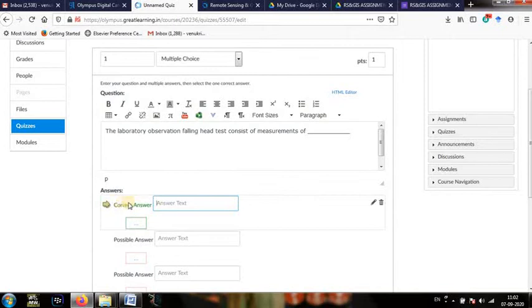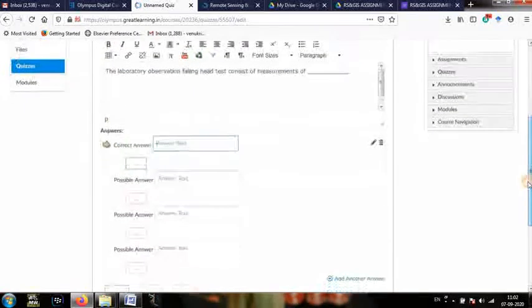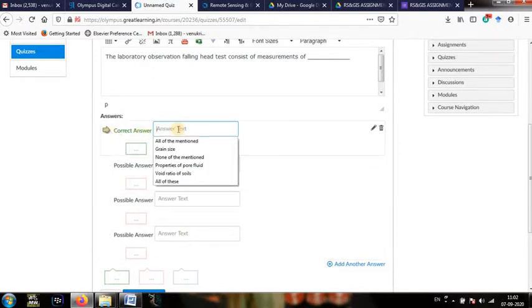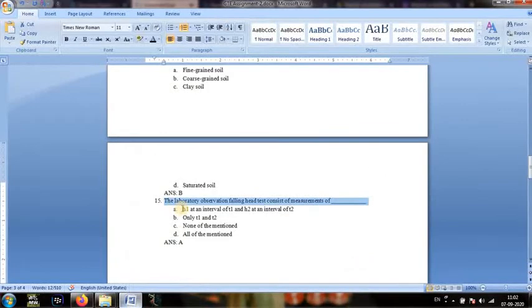Now please observe here, the first box is the answers block. Here you need to type 4 options. Okay, in that, in the first box you need to type the correct answer. Whatever the correct answer, you need to type that in the first box only. So for example, as I have selected this question and my answer is A, see here, the answer for this question is A.